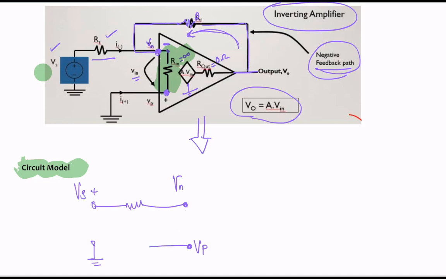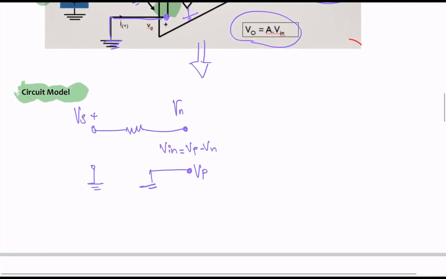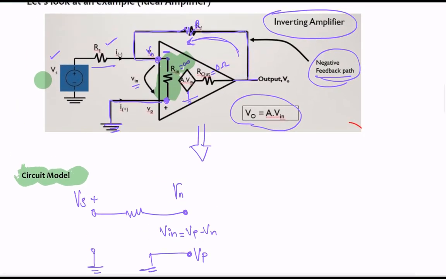And then remember, the voltage across these two terminals will be Vn. Okay, so Vn is equal to Vp minus Vn, and this Vp is actually connected to the ground here, correct? So I'm just going to connect it to the ground. Okay, sweet. Now I have this feedback, right? We just connected the output voltage, so I'm going to run this wire like this,